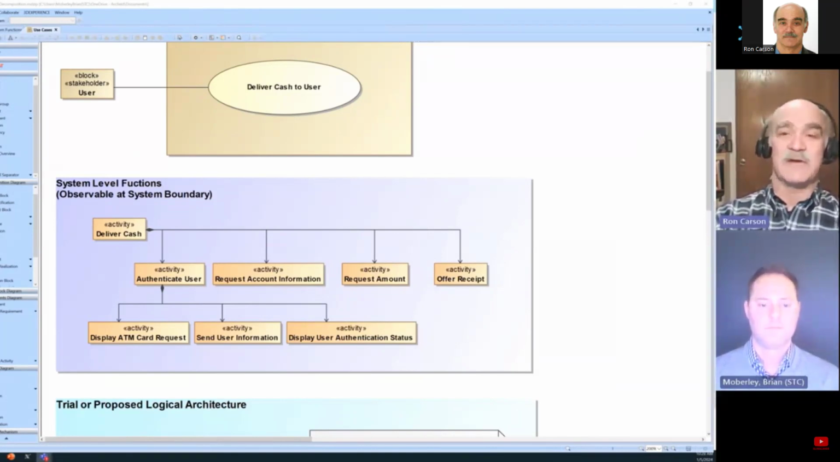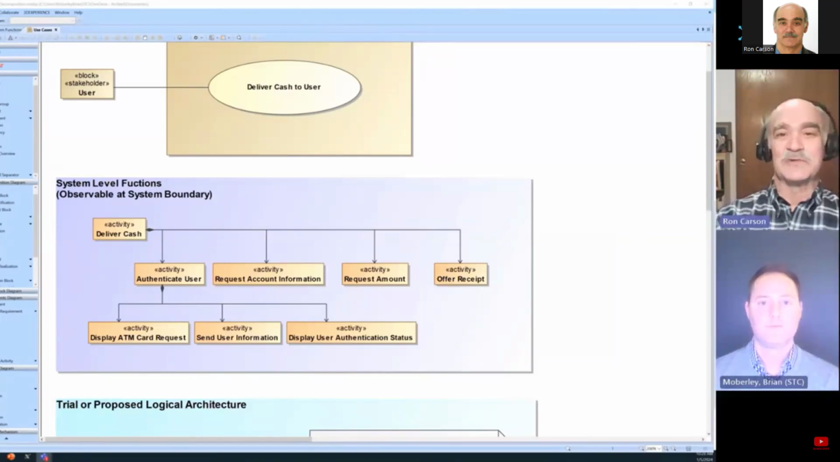It also gives a hint about how you might be architecting the next lower level, that you might need a display unit, or at least something that performs display, whether it's an isolated unit or not. Similarly, send user information suggests that there's some interaction of the ATM with some outside entity, in that the ATM doesn't have everything it needs to be able to perform the authenticate user function. Like, is this a valid card, or has it been disabled because of theft,